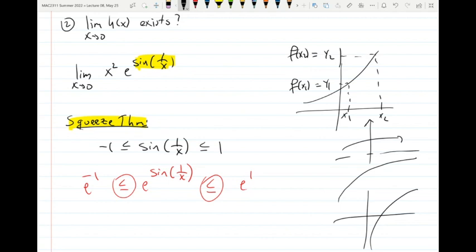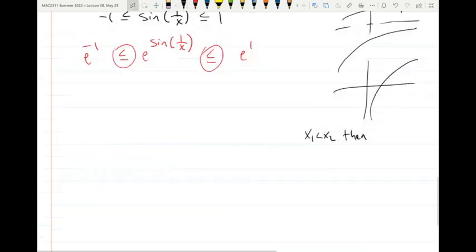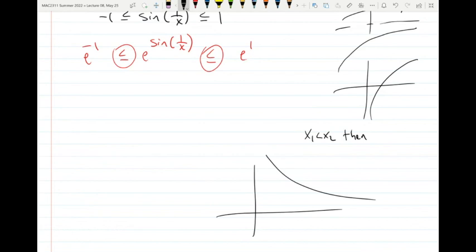Because if this input is smaller than this second input, then the output of the first one is still less than the output of the second one. If your function is decreasing, it's the opposite. It flips your value, because the smaller the input, the bigger the output. If you have a graph that goes down, what happens? The smaller the input,